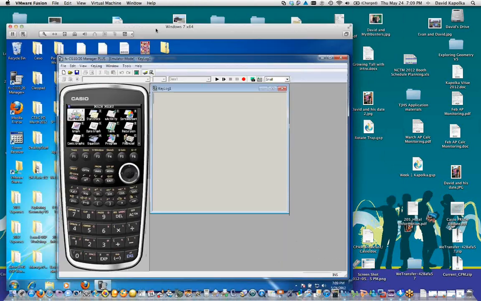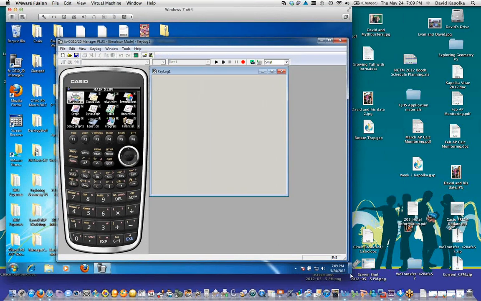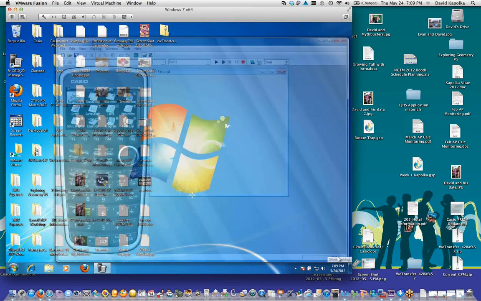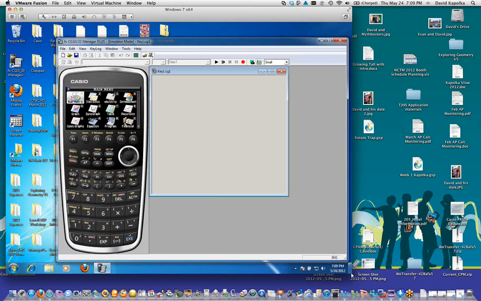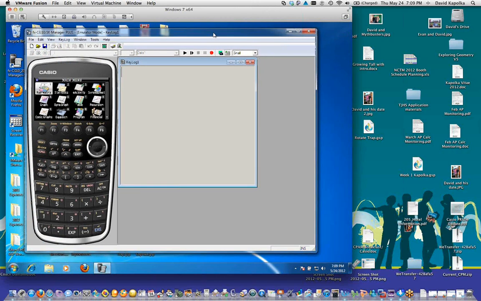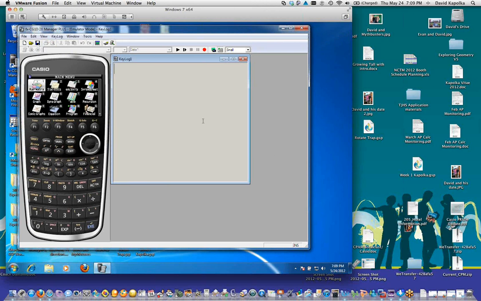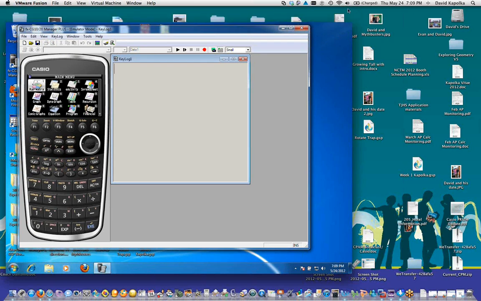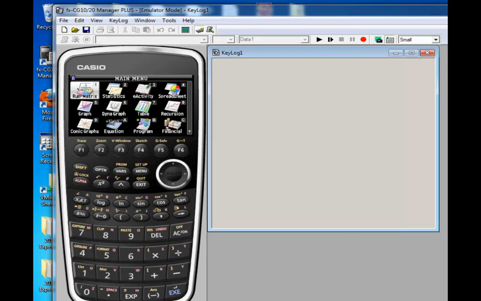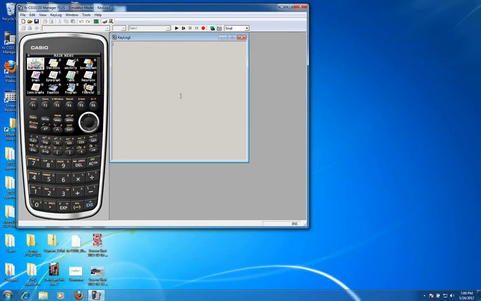and show you my calculator. Now, for those of you that own Macintosh computers, I happen to be running a Macintosh, and I'm going to be using VM Fusion, some nice software that allows me to run Windows on my calculator, and I can run both the Mac platform and the Windows platform at the same time. So I'm going to max out my screen so you can see things a little better.